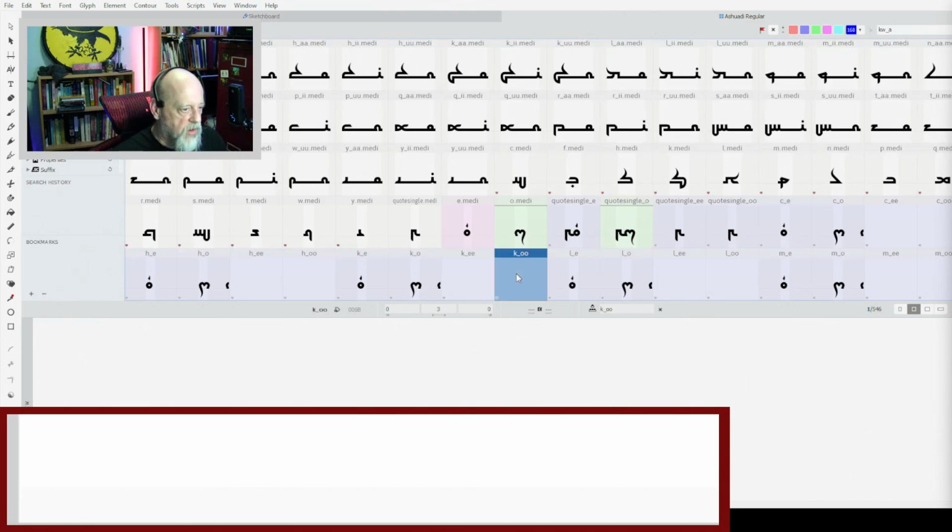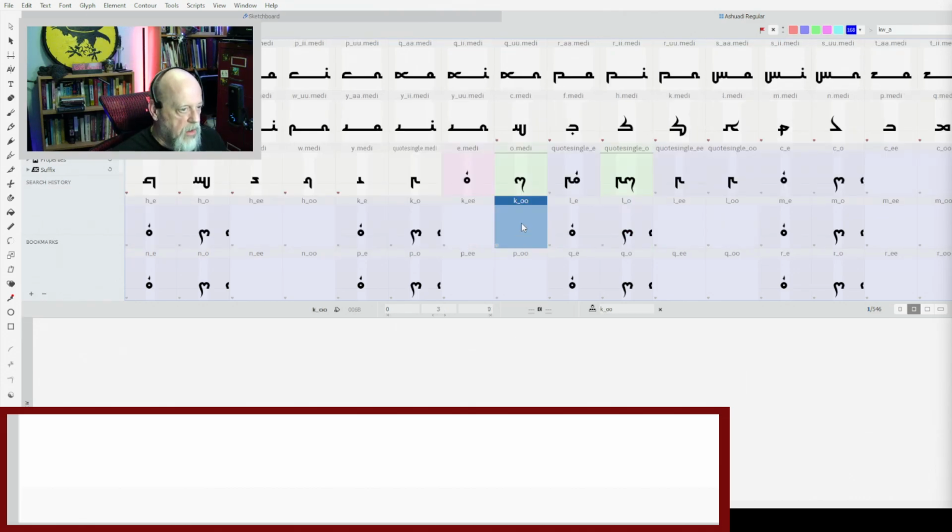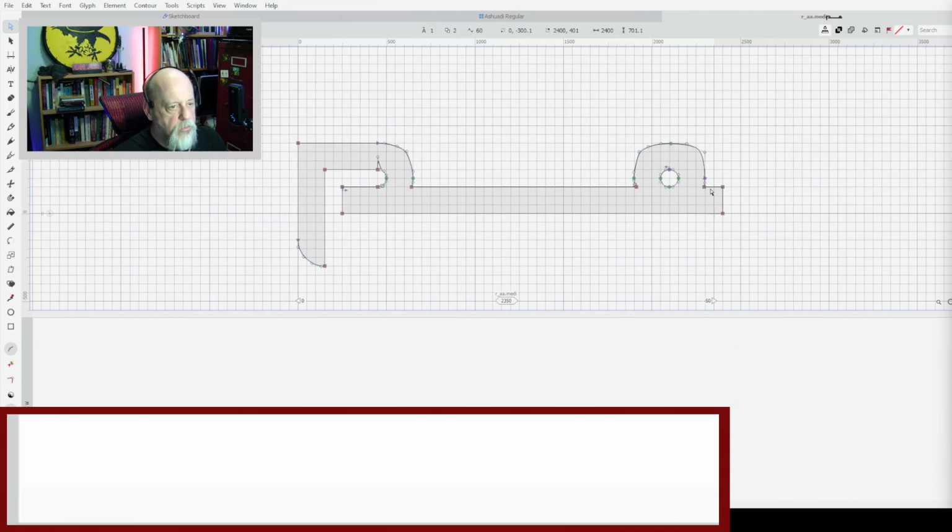And for ones like this glyph here that hasn't been created at all, that's going to be K with a long O. So that's going to mean I put a K in here, put a long line, and then the O. Like these ones up here. This is R followed by an A. And it has an error. Oh dear.